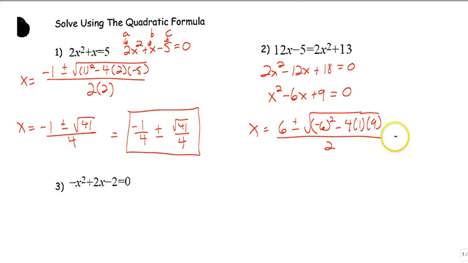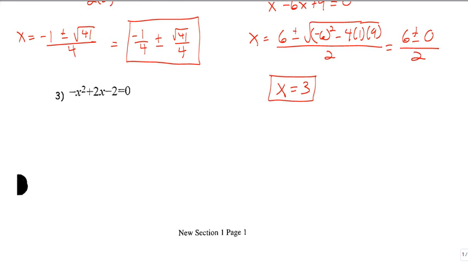So when you solve that, you get 6 plus or minus, well, 36 minus 36 is 0, all over 2. Alright, so my only 0 is x equals 3, because 6 over 2 is 3. The plus or minus does not come into play here. Since the discriminant was 0, we got one rational solution. Finally,